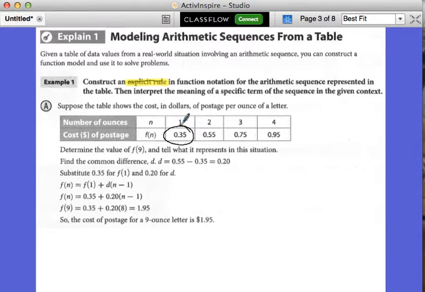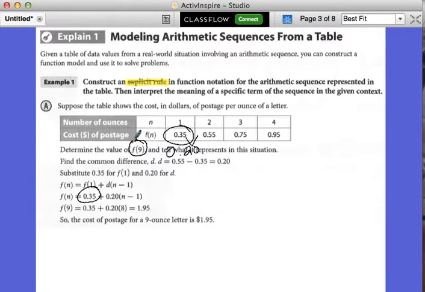which is 35 hundredths, and we're going to take that and plug it in, and then we have to find our common difference. So to go from each of these to the next, I add 20 cents. So I take my common difference, and I have to multiply that by n minus 1 because it's my explicit rule, and then the question asks me, how much would it cost for a 9-ounce